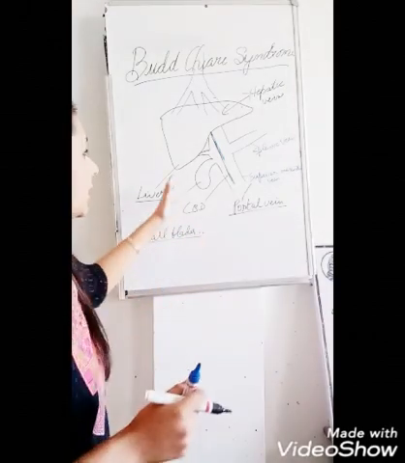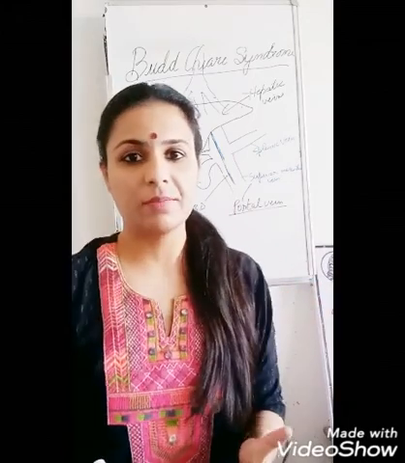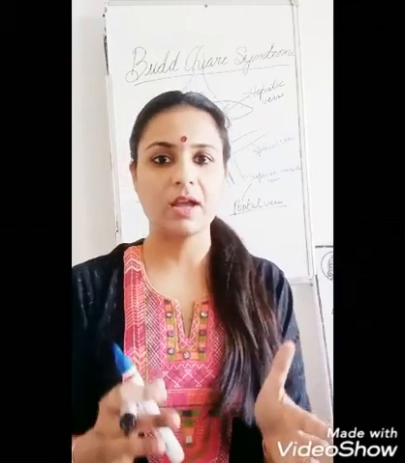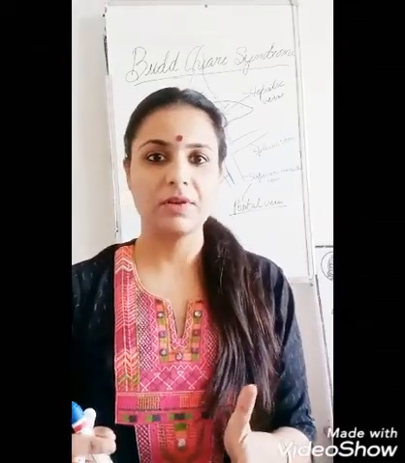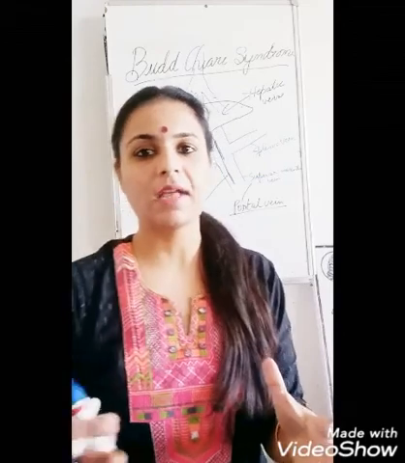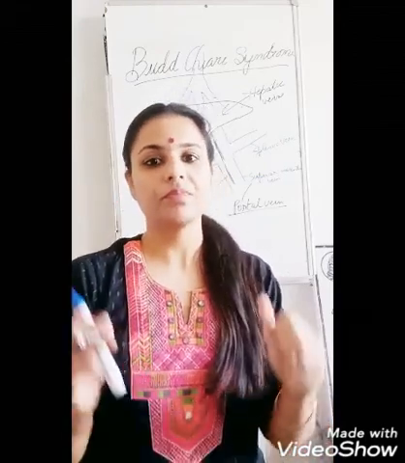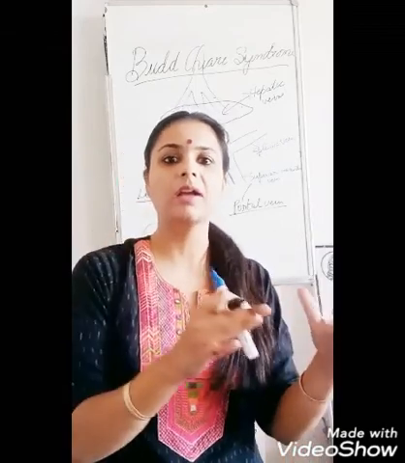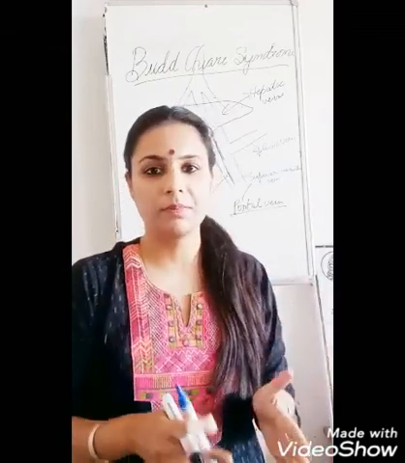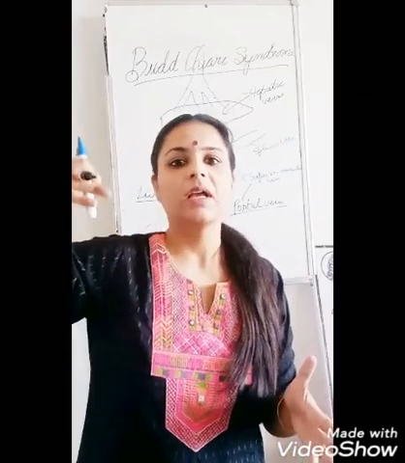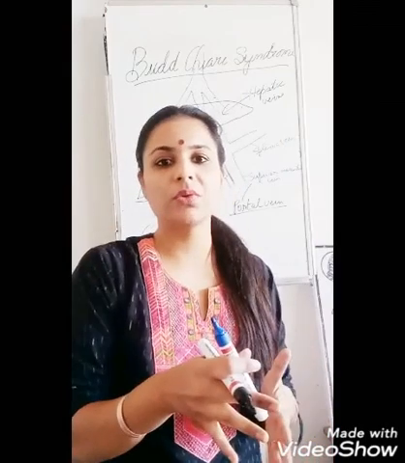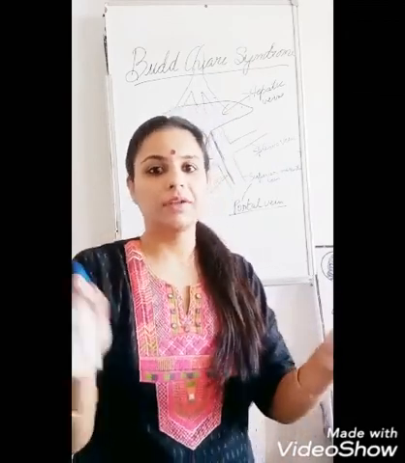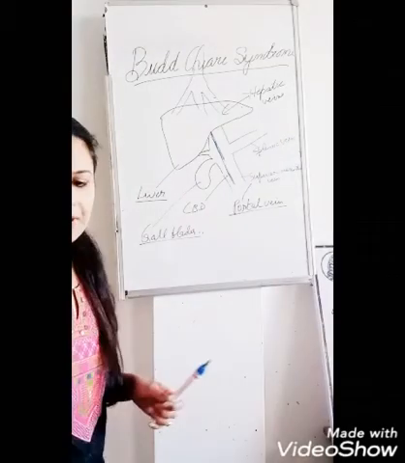So there are a total of 8 segments of the liver. In liver anatomy, we have studied that there are 8 segments of the liver, and all the segments are supplied and drained by the hepatic vein, hepatic artery, and the portal vein. The branches of the portal vein pass between the segments and contribute to each segment of the liver.